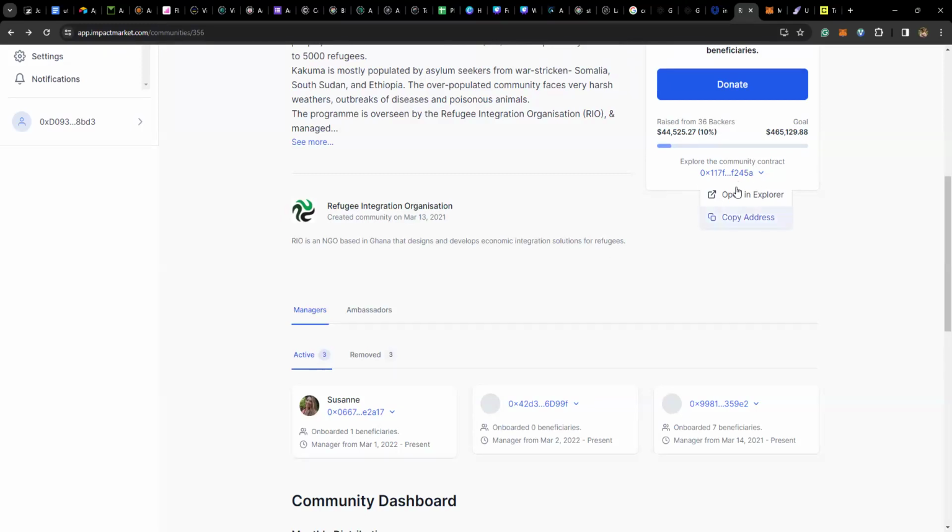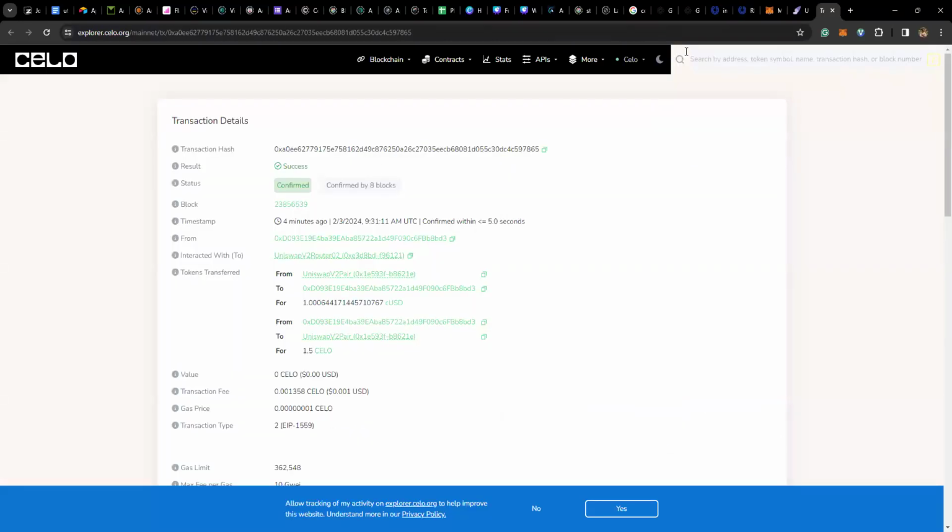So smart contracts, that's what they use there. So I'll open the Explorer, so I can copy the address and paste it in the Explorer here. Either way, it still works. So if I paste it in the Explorer here,